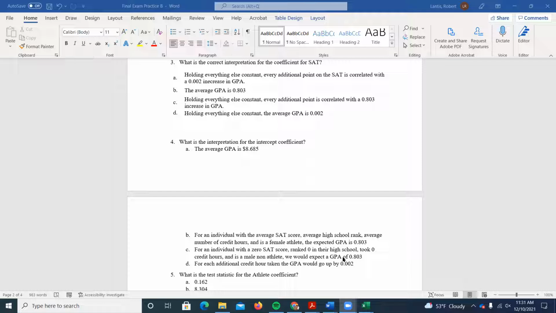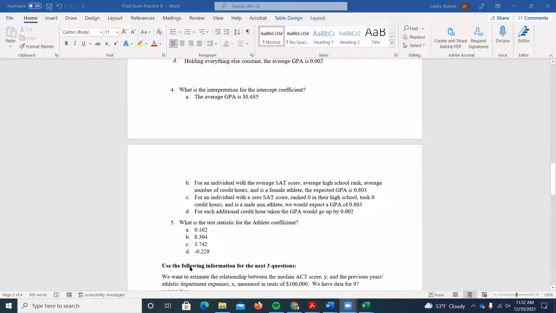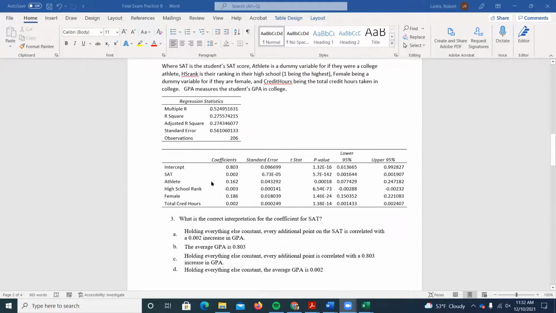Any questions on that? Hopefully that should be another easy question. It's always just if all the X variables are equal to 0, the intercept coefficient is the predicted value for your Y variable. All right, another, what I think is easy, I think this should be the easiest question on the exam. It's like when I said I hope everybody gets the mean correct. If I ask you for a test statistic from some linear regression output, specifically here for the athlete variable,